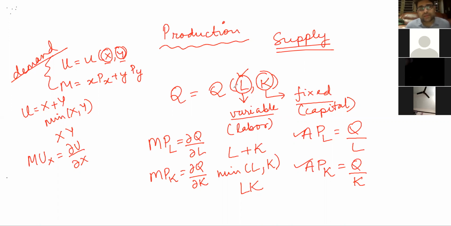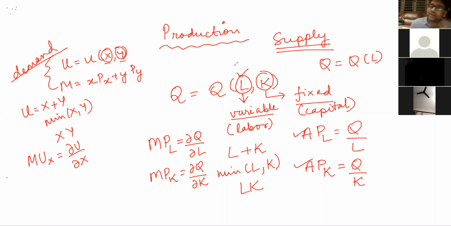So if I say that in the very short span of time, my production function is only a function of labor, because capital is fixed. To give you an example of the variable and the fixed factor, take my coaching institute. The place itself is a fixed factor. The variable factor will be the number of chairs that I fit in a classroom. It can be 10, it can be 15, that can be changed on a daily level.